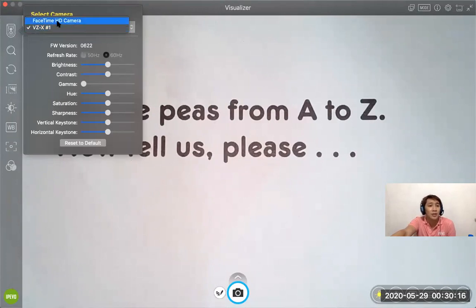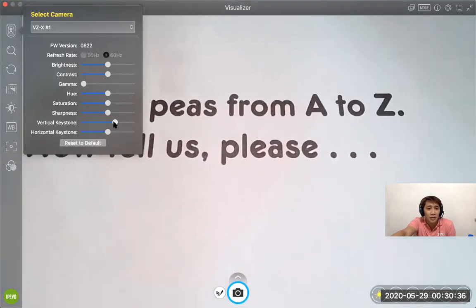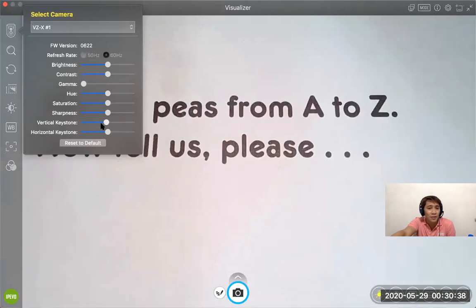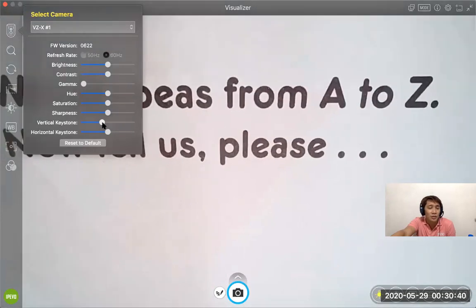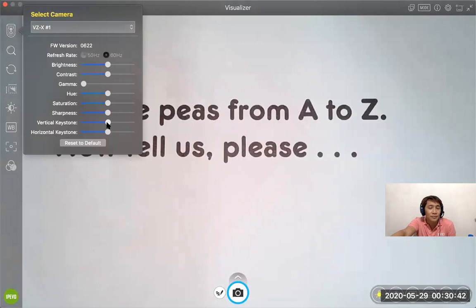So you can either select this one or select your IPEVO document camera. In this case, I'm using my VZX right here. And then you can adjust the brightness, contrast, gamma, hue, saturation, and sharpness of your image if you want. There are 2 keystones that I really want to point out. Sometimes when the image looks a little bit wacky, kind of out of shape, you can always use this to adjust the image a bit to make